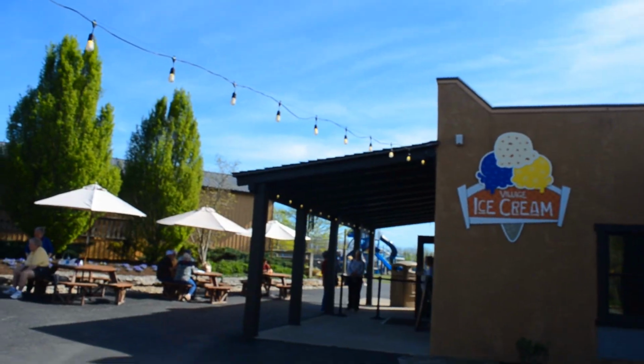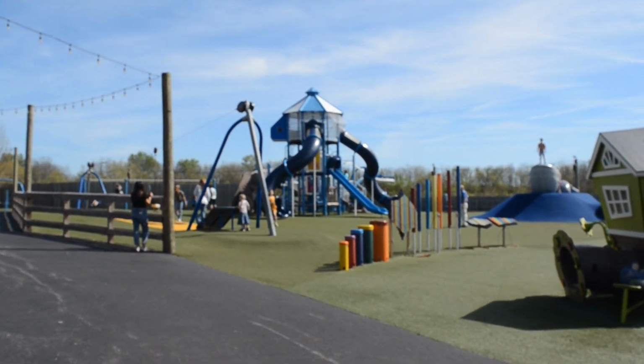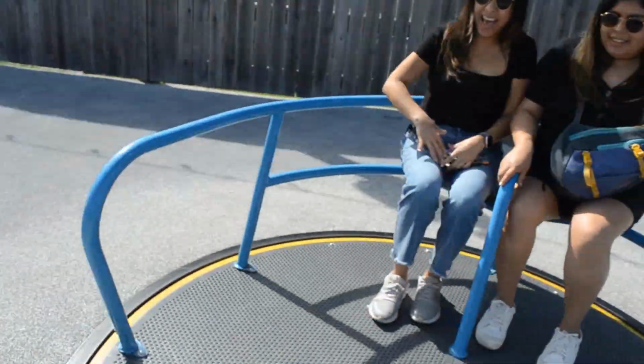Oh, of course, they have a playground. Yeah, they wanted to go to the playground. But I can't lie, it was a pretty cool playground, and I believe the best way to stay young is to keep playing like kids. Plus, we paid for this, so like...